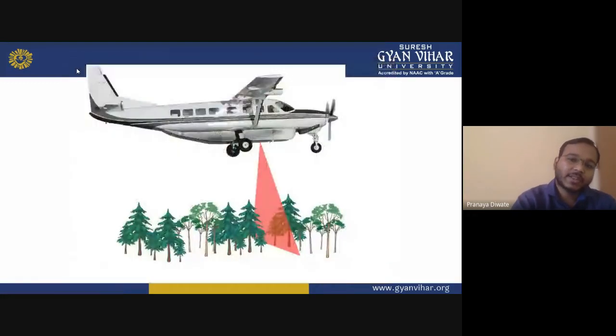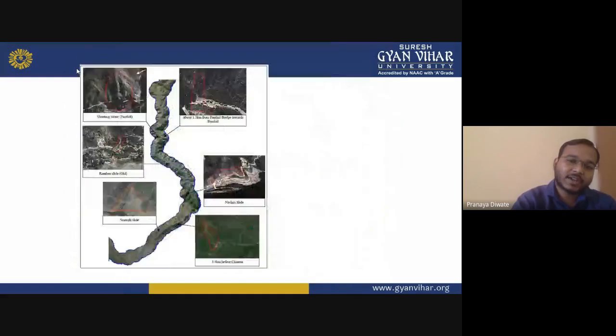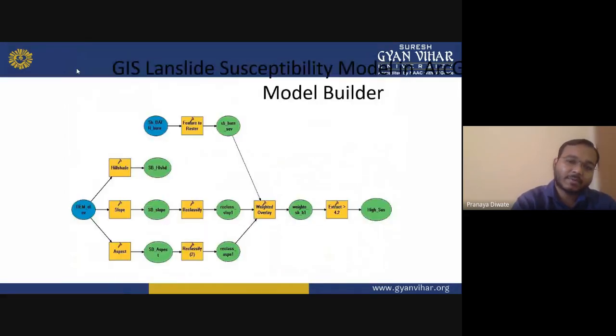So you can also make the landslide hazard zonation if you have this kind of study, this kind of map component. You already have most of this. So you can always prepare a map of any area. Then you can go to that area and distribute the information among the people in their own language. Yes, this is a high possibility, high chance of having a landslide here. So that's how you can go with the landslide susceptibility model.